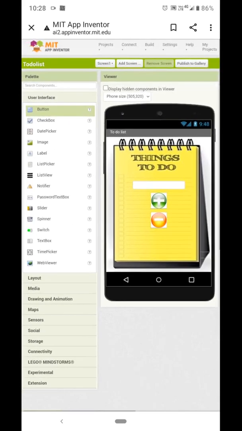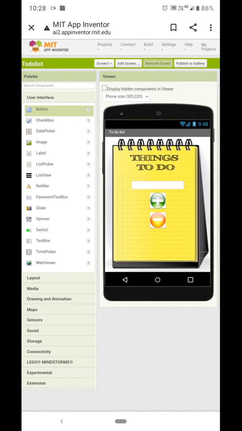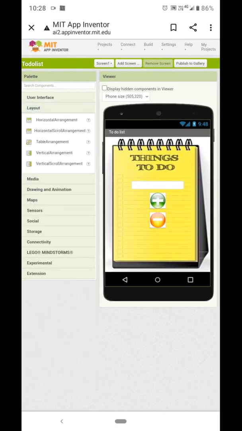Now we will take these two buttons in a line. So select horizontal arrangement. Adjust these two buttons inside it.